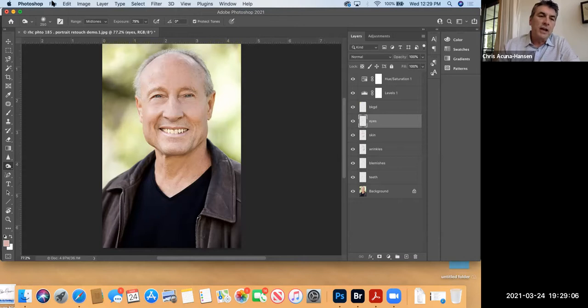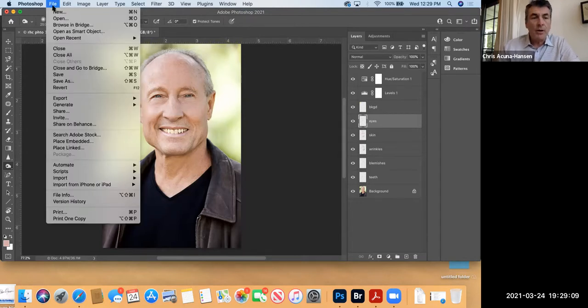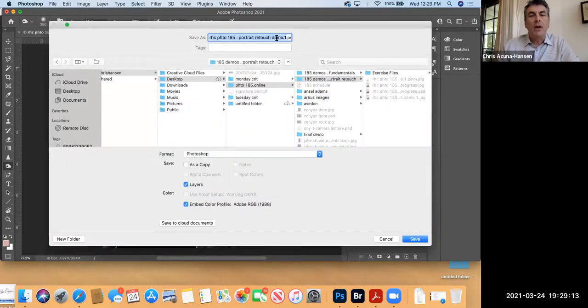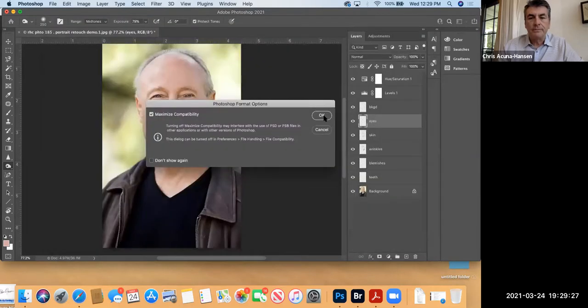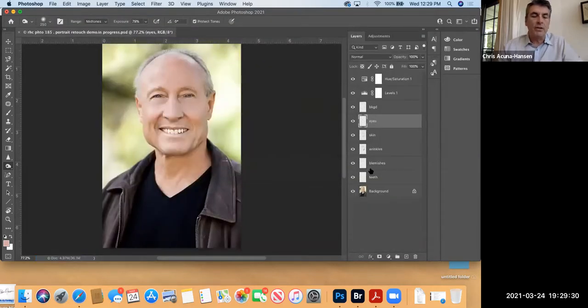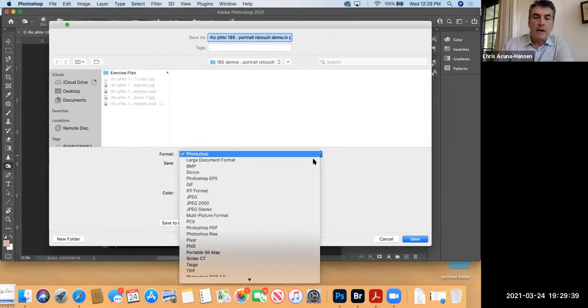When you finish now, or as you're going on, you want to go to Save As. And so I'm going to call this Portrait Retouch Demo in Progress. And I'm going to save it as a PSD, because if I save it as a Photoshop file, it's going to retain all these layers for me. If I go to Save As a JPEG file,